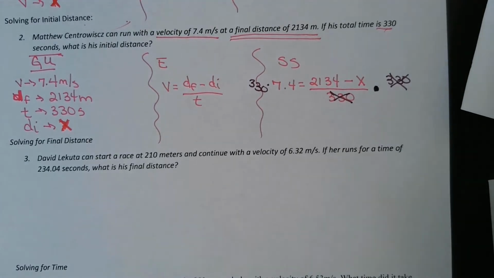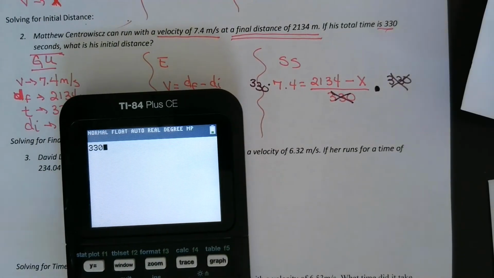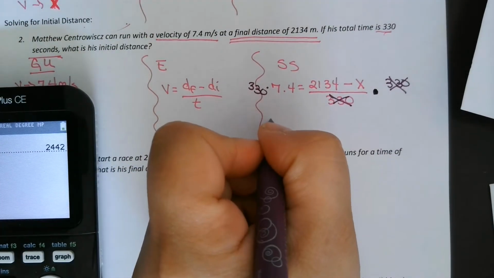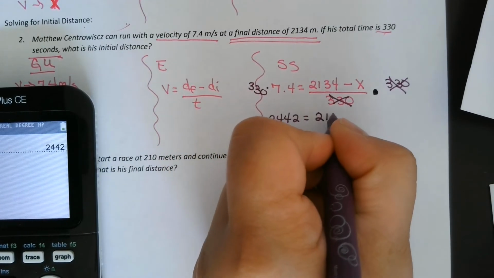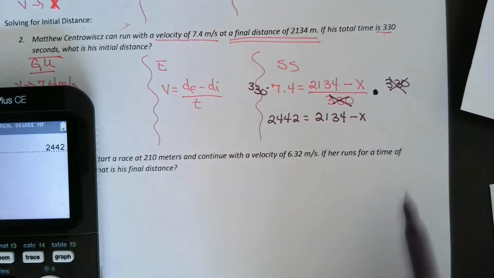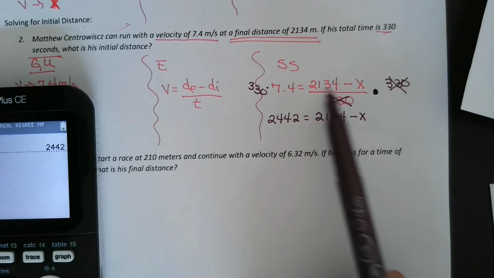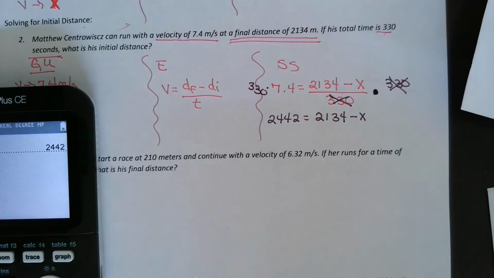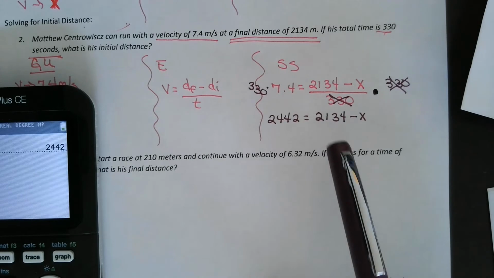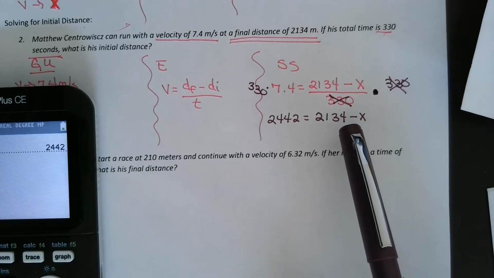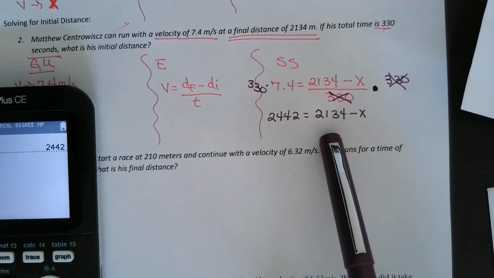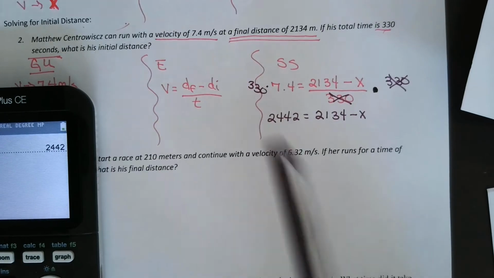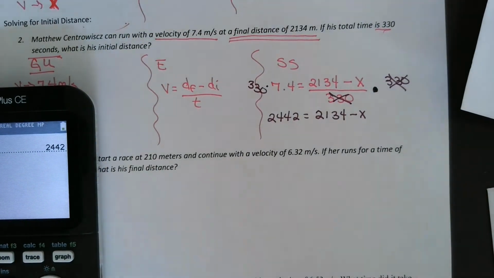And now I can say 330 times 7.4 is 2,442. So 2,442 equals 2,134 minus X. And literally just bringing that down because I didn't do anything with those numbers. This one's a little tricky because the X is a negative 1, so you want to think, oh yeah, I'm going to add X to the other side, but then we're going to have to subtract this to this side. You could do it the long way like that. I'm just going to subtract this side over. So minus